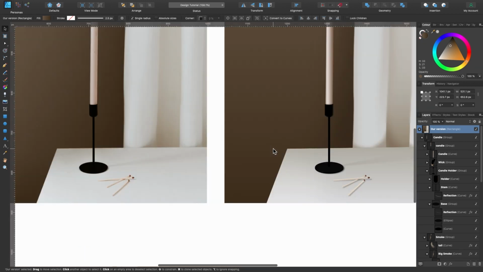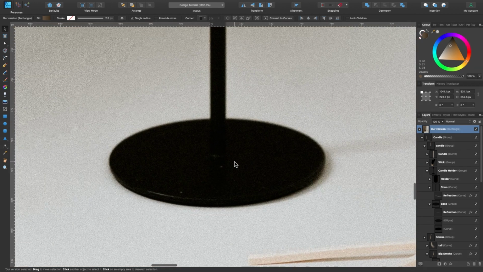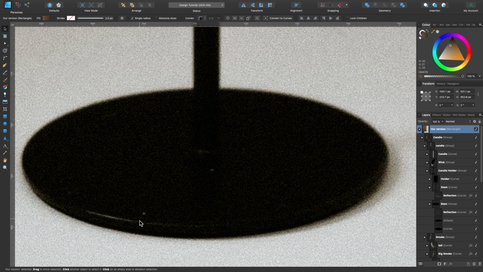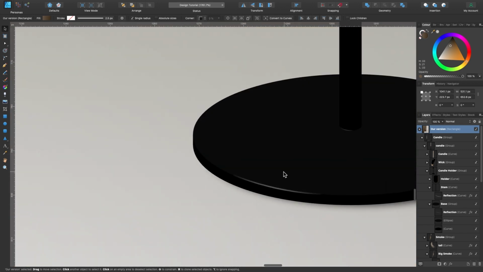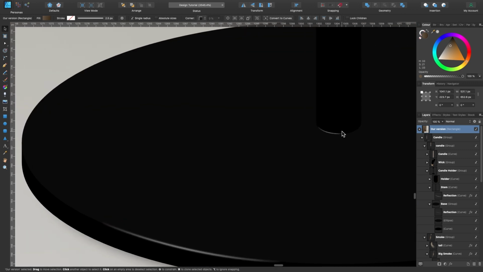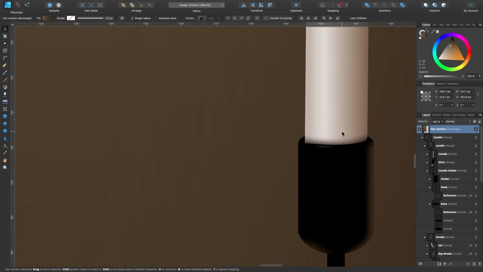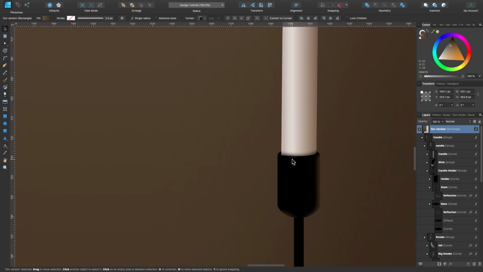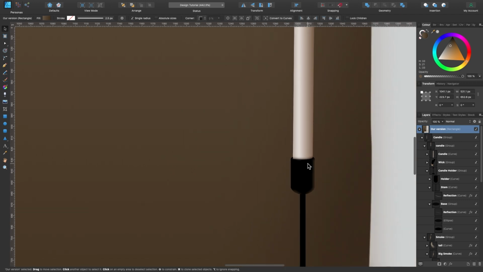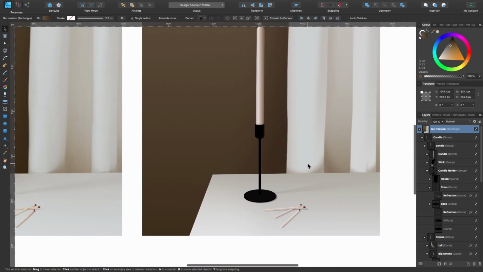And the last thing I did was, if we look at the photo, if you zoom in a lot, you can see a little highlight there, little highlight there. I forgot to add that earlier. So I just went across to my one and I added a stroke. I expanded the stroke, and I also did it on this one here. I did it exactly the same way we created this part, which was on the candle holder up here, the cup. And that's pretty much all the changes I've made.